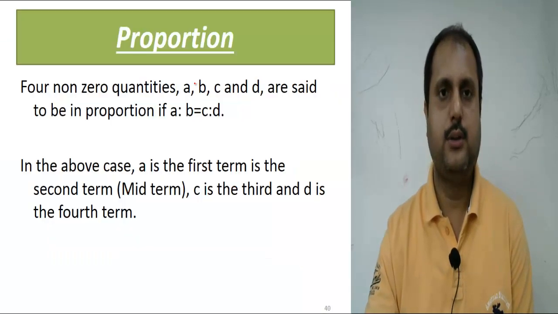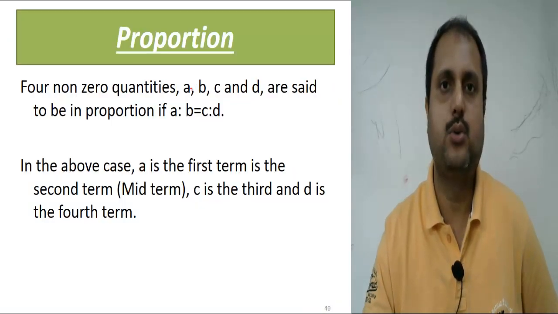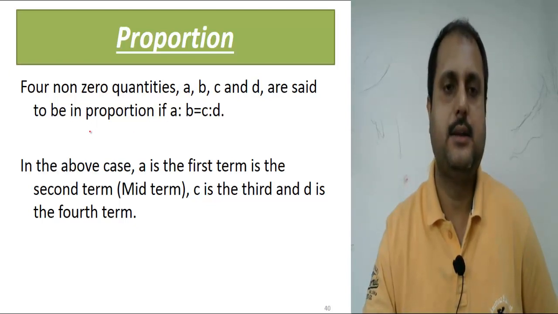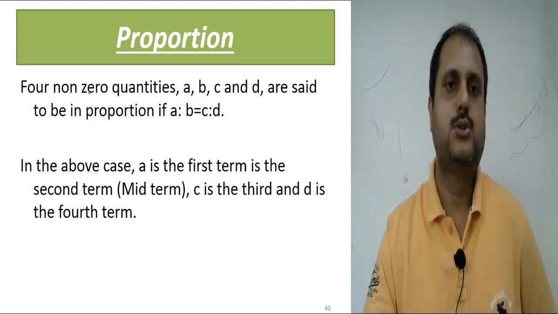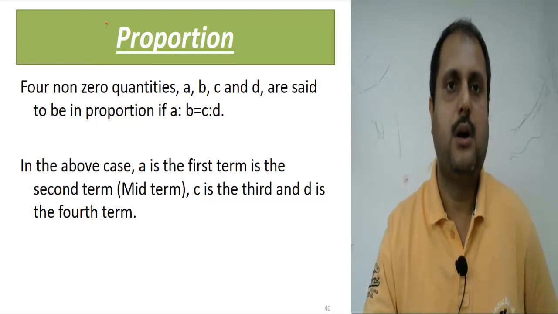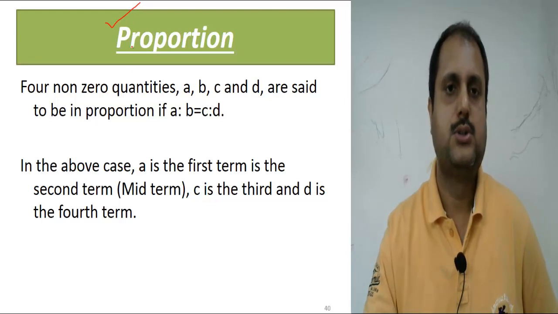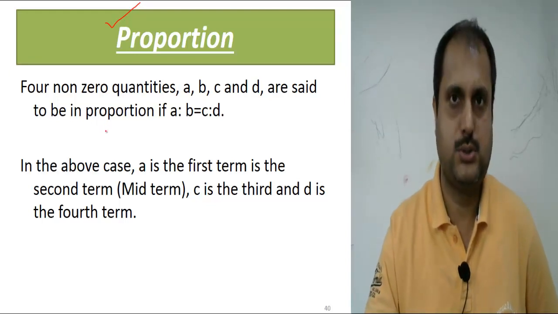You already know that ratio means the comparison between two units, between two data. It can be salary, speed, ages, or two quantities. So the comparison between two quantities is called the ratio. Now what is proportion? In proportion we compare two ratios.